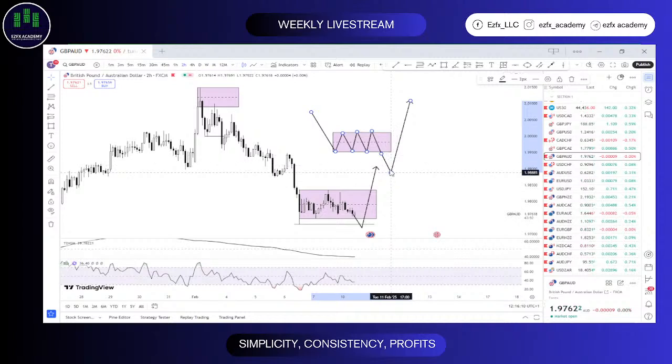All right, and then we get to see price eventually maybe move towards the upside, and that'll be the distribution, right? So that's kind of what I'm watching out for to happen right now on GBP. But I want to be very, very cautious. Again, I want to see price break.